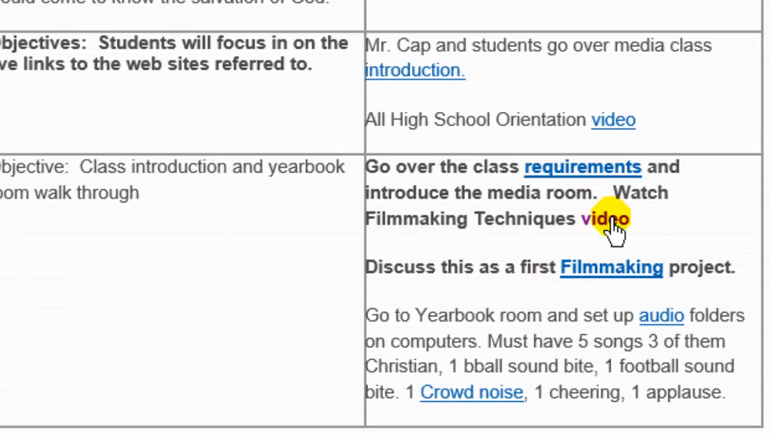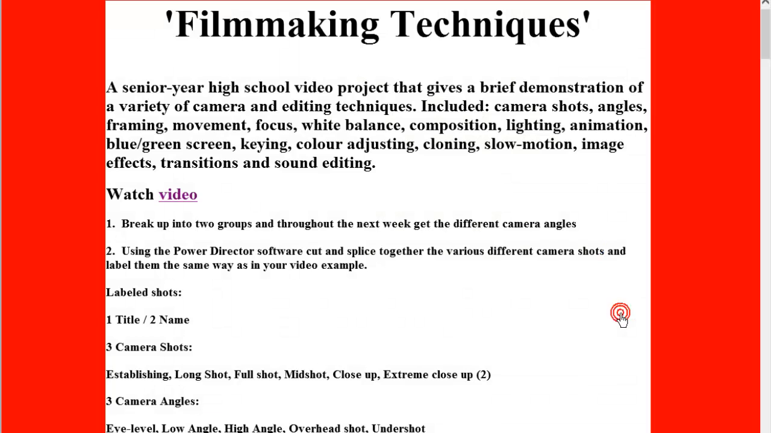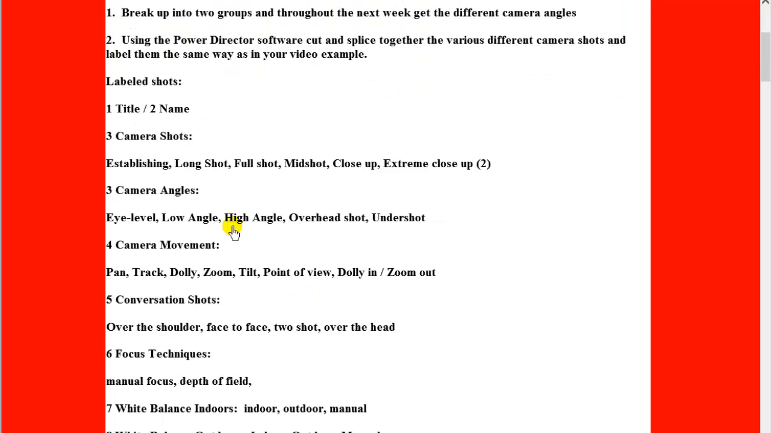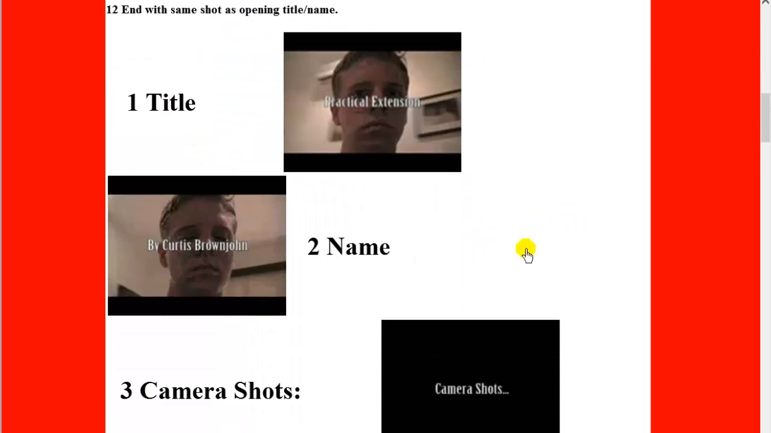What you're trying to do is complete this particular lesson. This is going to be our filmmaking techniques project, and you're going to be asked to watch this video and then break up into groups to take video of different camera angles, and then you can use PowerDirector to cut up and splice together the different angles and different shots that you need. Here's a list of all the different camera angles and shots that you're going to need, and what I've done is at the very bottom here, I've taken this video and split it up to where I want